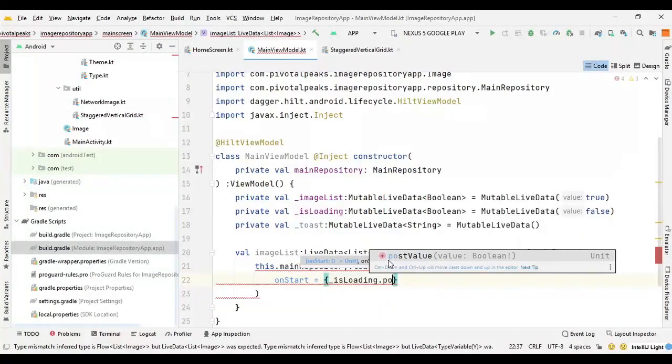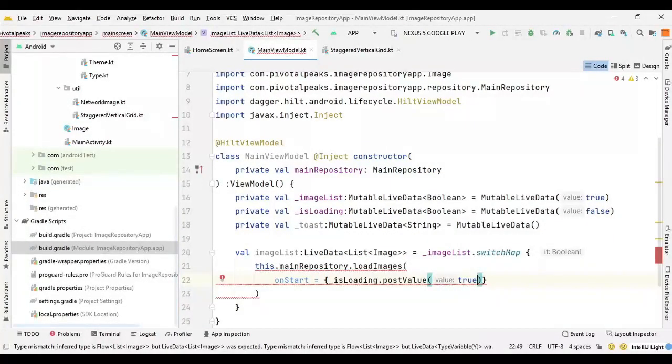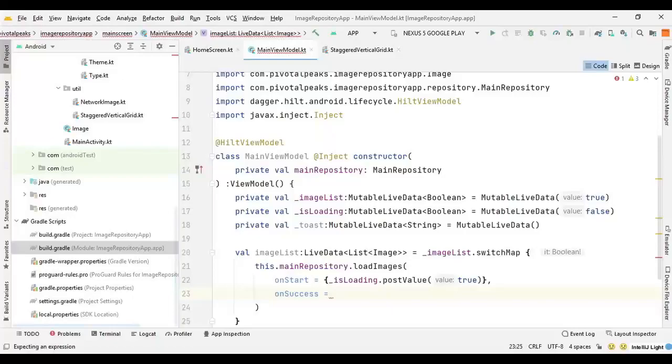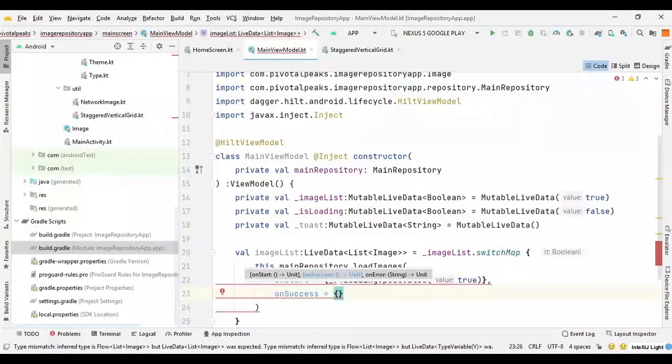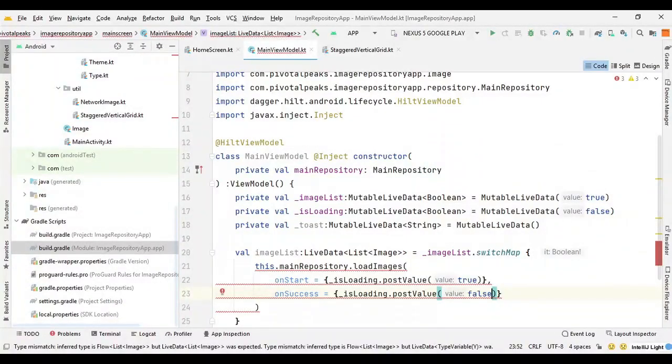So we can say dot post value true. Then we can say on success, and we can set the is loading variable to false. So we can say is loading dot post value to false, and then we need the on error.